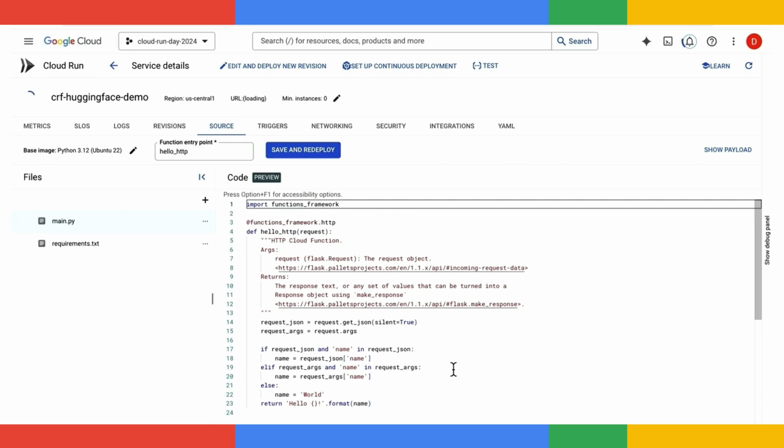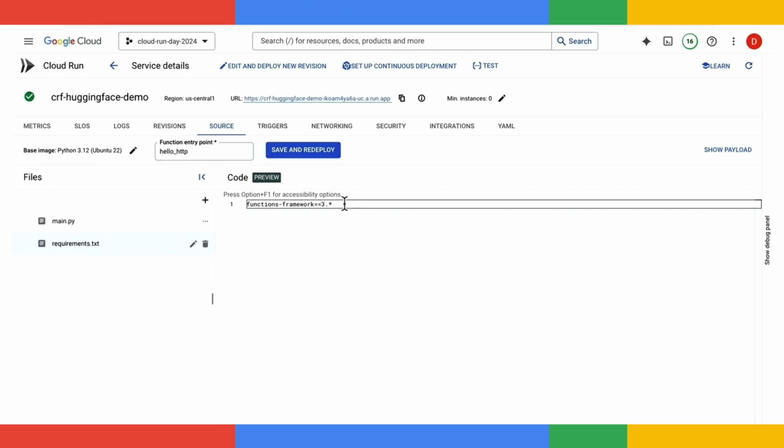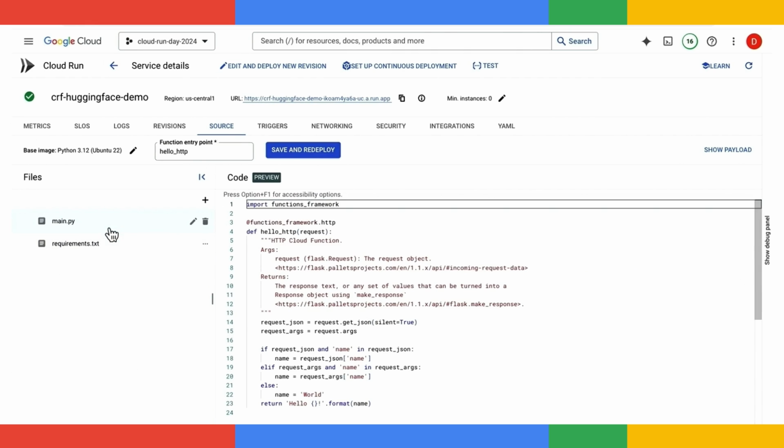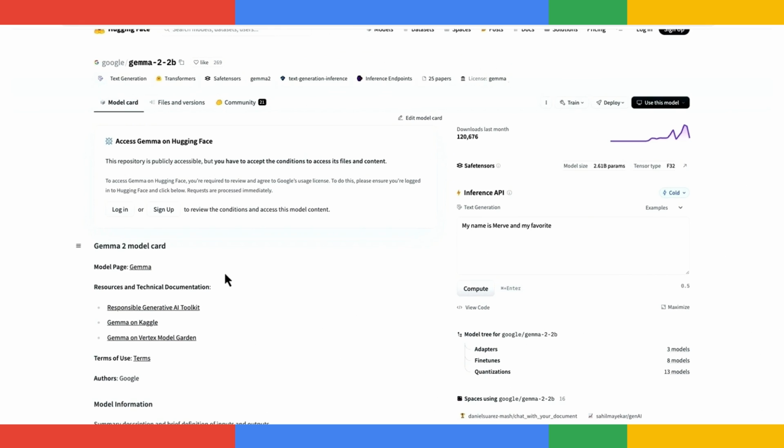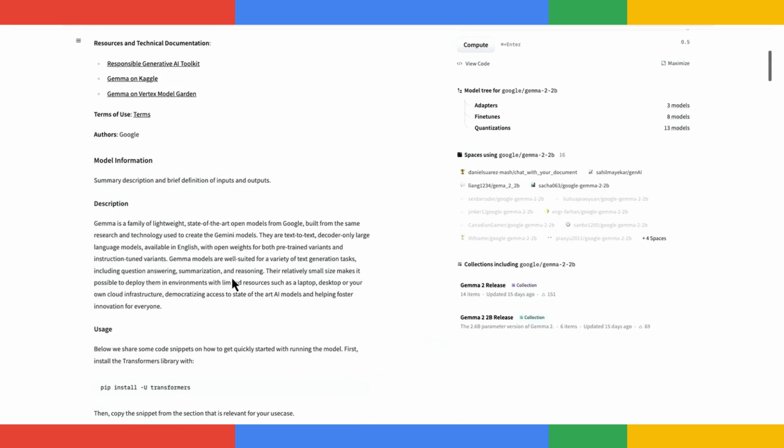Now, it's going to take a few seconds. All right, so the Cloud Run function service is created. Let's jump right into editing our code. First, let's put in some of the requirements needed for this app. And then for the main logic of this application, instead of writing any new code, let's go